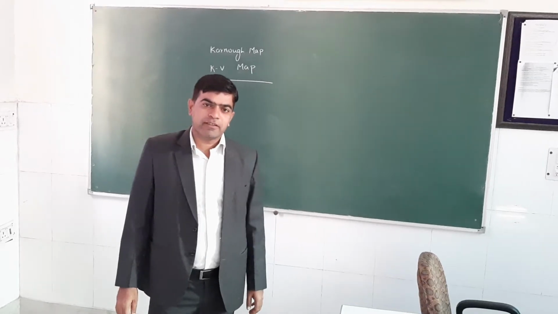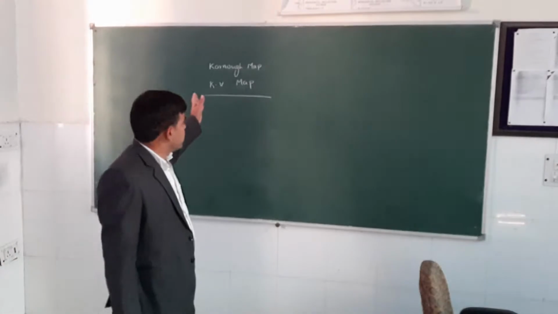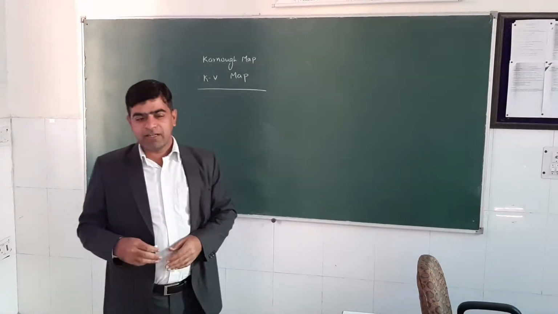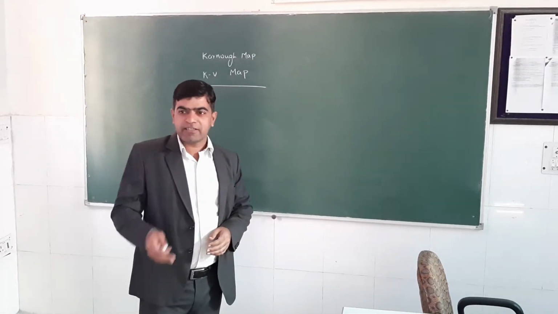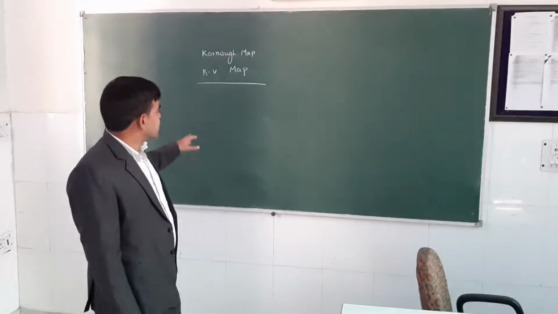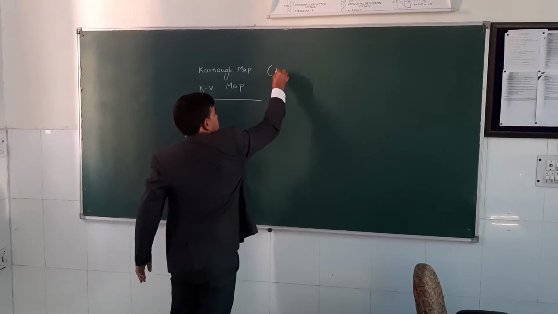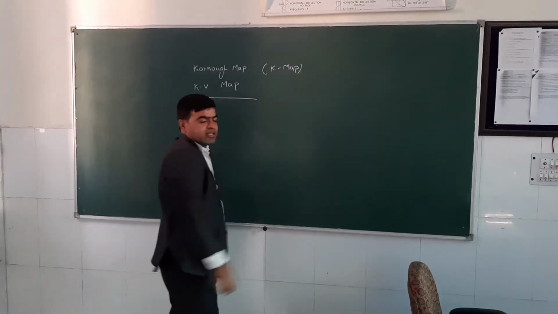Classes, and today in this class I will discuss the Karnaugh map, which was given by a scientist whose name is Karnaugh. Sometimes we call it the KV map also, because some assistance was given by another scientist to Karnaugh. But generally we know it as the Karnaugh map, or in short form the K-map, which is a very important thing in digital electronics.